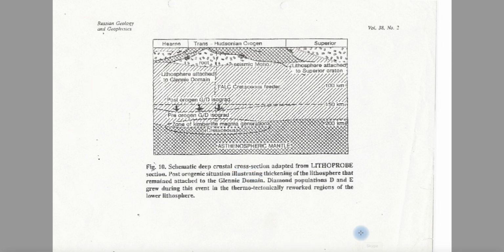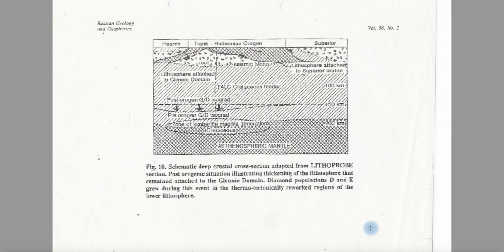So here we have now another nice picture from Canada. We have here the Hudsonian orogen, the Superior. So how it looks below. We have here the asthenospheric mantle, and this asthenospheric mantle is overlain by the lithospheric mantle. And we have the graphite-diamond boundary, the isograd, and we have here the zone of kimberlite magma generation, and these are Cretaceous